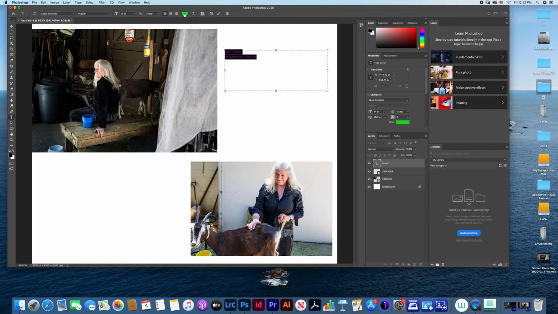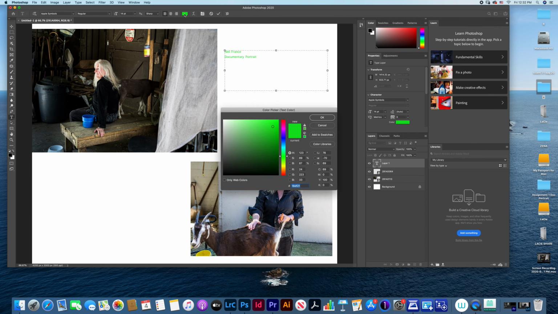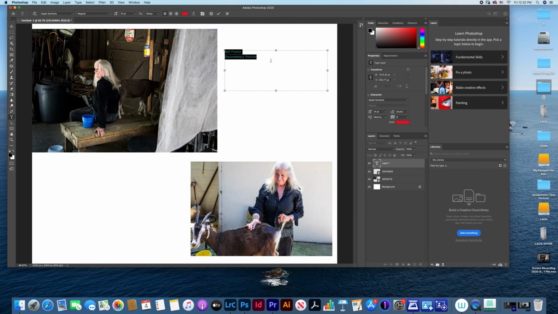So you can click on the color again and go to red or whatever you want. Once you unclick, boom, there it is. It's now red, a different font, a different size. These are how you make your changes.